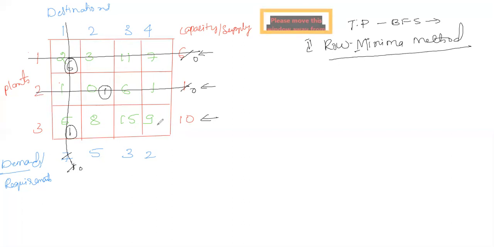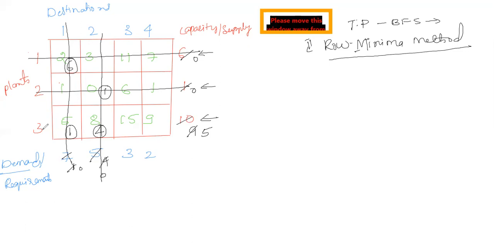In the same row, we need to select only the row, right? In this row, what is the minimum value? 8. The demand is 4, since we have already given 1. What is the supply? After taking this 1, here we have 9. So 9 supply is there, 4 demand is there. So write down all the 4, because supply is more. After taking the 4 it becomes 5, and this becomes 0. Whenever it becomes 0, we need to cancel that particular row or column. Okay, so now it is 5.